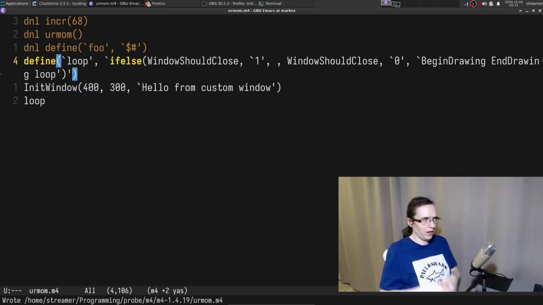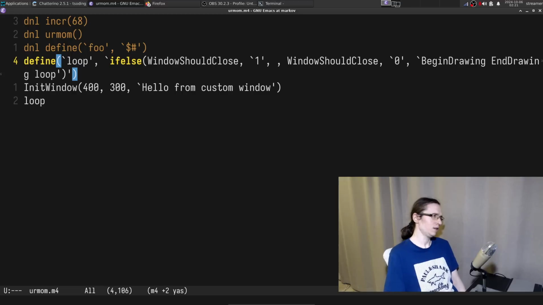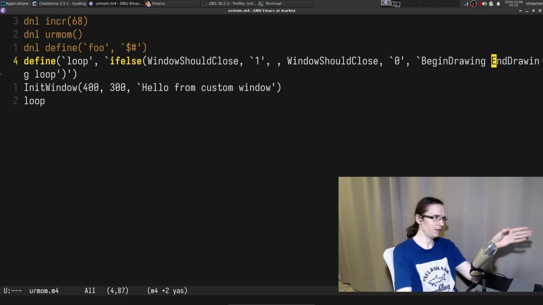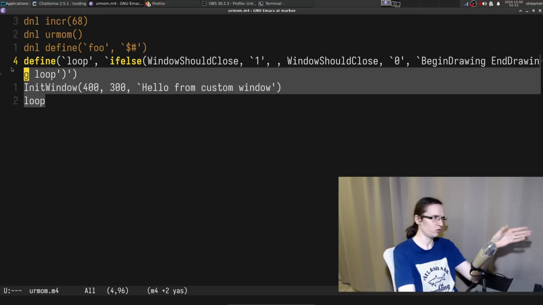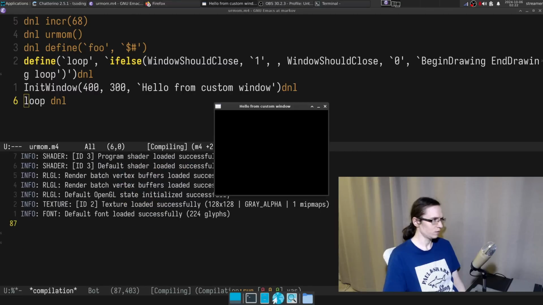Theoretically. I wonder if this will overflow the stack or something like that, but I have a hypothesis that since it's not a branching thing, it's kind of lazily going to just work indefinitely. One of the things we definitely want to do is put DNLs everywhere at the end so it doesn't include the lines and stuff. You know what I mean? So that's one of the things we probably want to do. But anyway, let's go ahead.